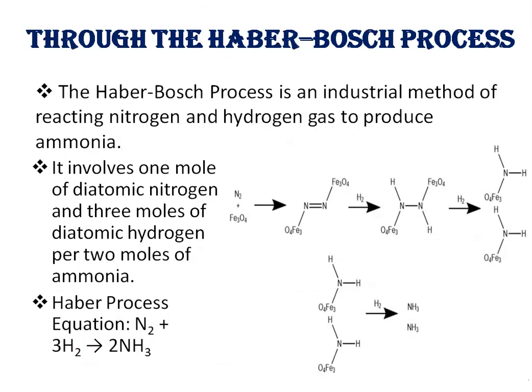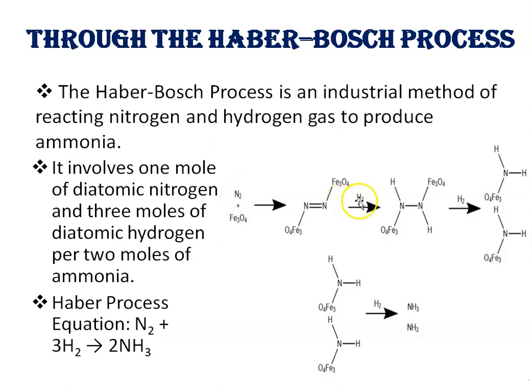Now, the second process, through the Haber-Bosch process. The Haber-Bosch process is an industrial method of reacting hydrogen and nitrogen gas to produce ammonia, right? Just look at this reaction. 1 mole of diatomic nitrogen, N2,